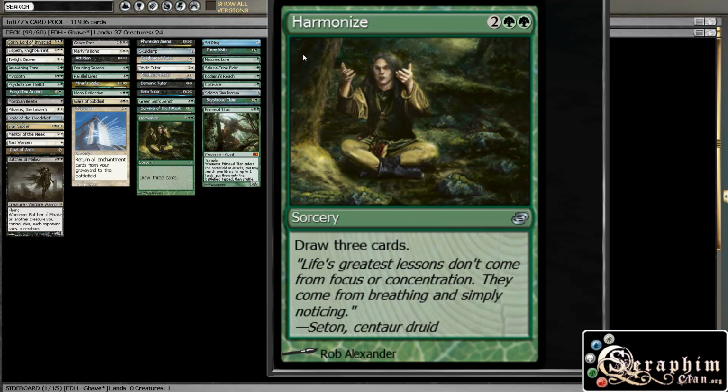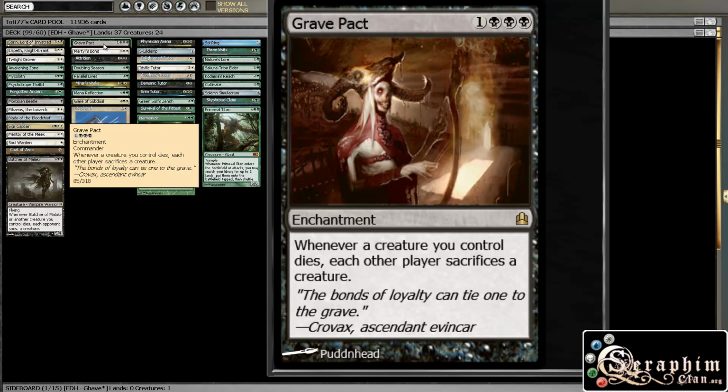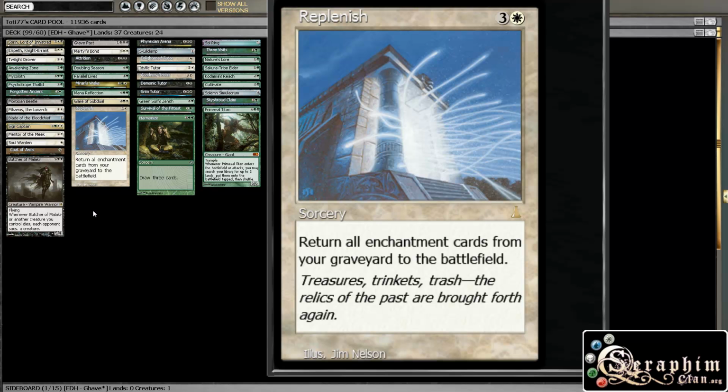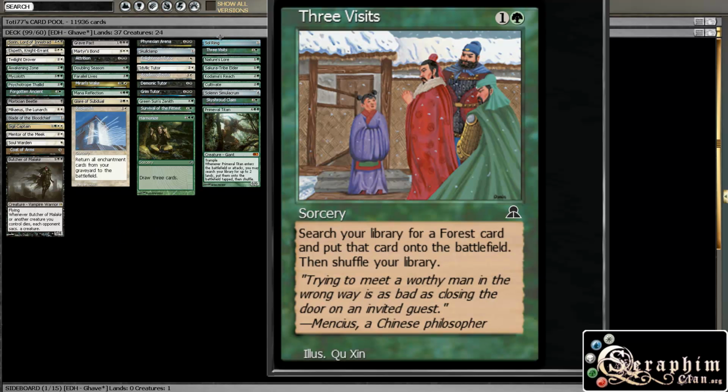Moving on, we have the ramp section. After I'm done with this, I'm going to show you just the curve of the deck. It's kind of high. You really get going once you have a Grave Pact that is 4 mana, or a Mirari's Wake that is 5 mana, and your commander is 5 mana. You don't really have that much to do in the first couple of turns,